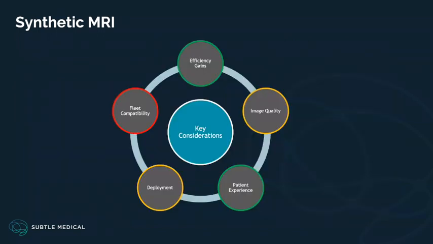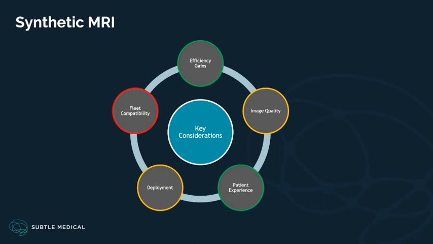However, synthetic MR is a very new technique. You do get the efficiency gains because you're using one single acquisition to generate multiple, 8 to 9, different contrasts in the body. So there is a huge efficiency gain using this method, which also leads to improved patient experience. However,